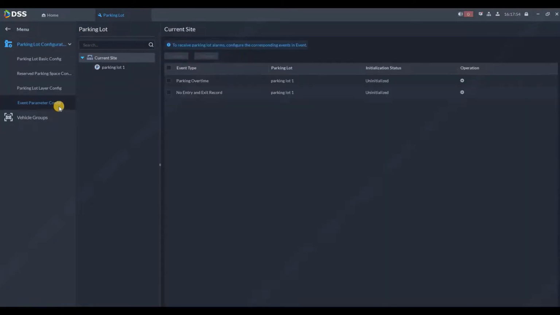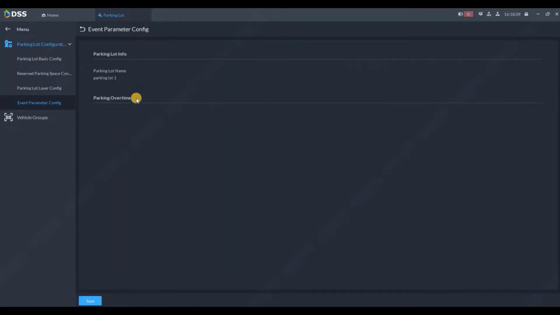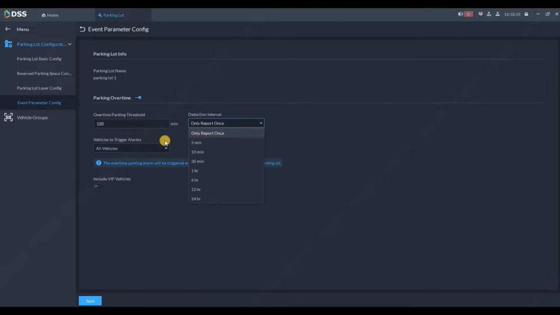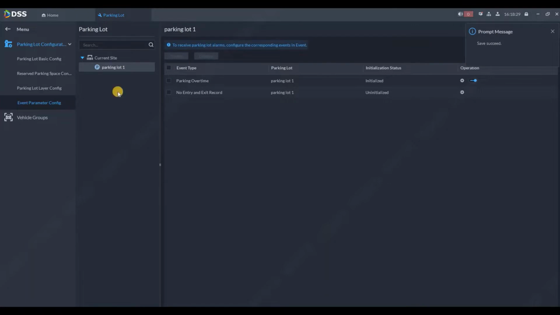Next step is configuring events. As you can see, we can have parking over time event here, or no entry and exit record. So we can click on cogwheel and turn this option on and enter time in minutes. We can report only once to non-registered vehicles and vehicles in block list. We can click on save,